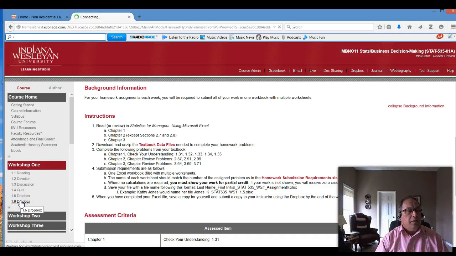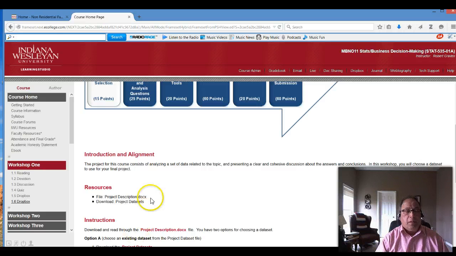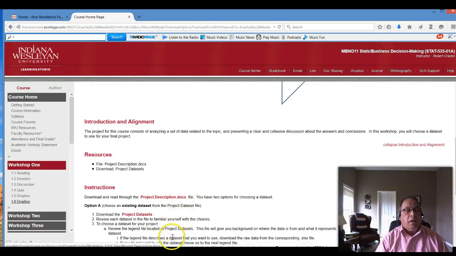Let's look at the last work, Dropbox 1.6. This is the research project. There are data sets that you will select from for the completion of your research project.